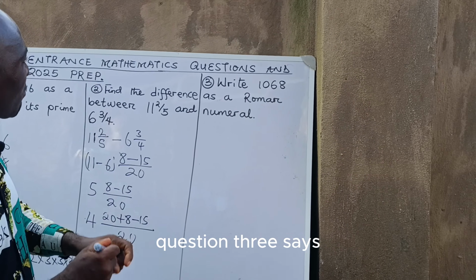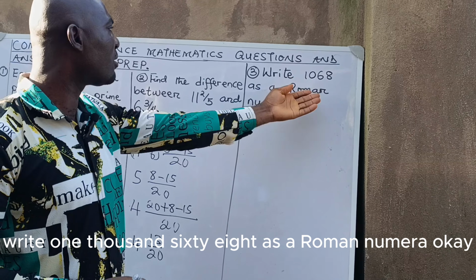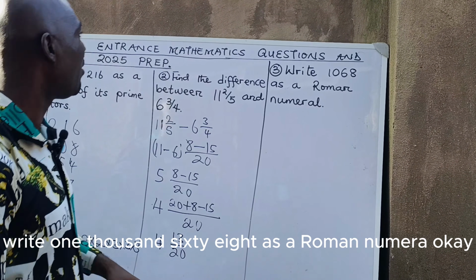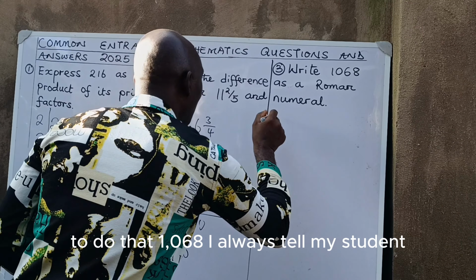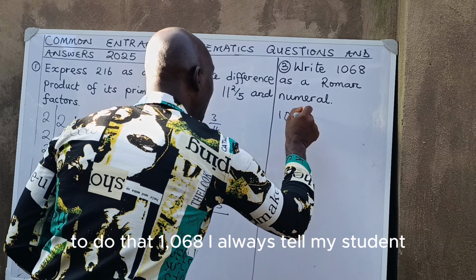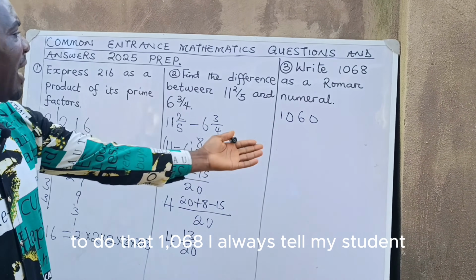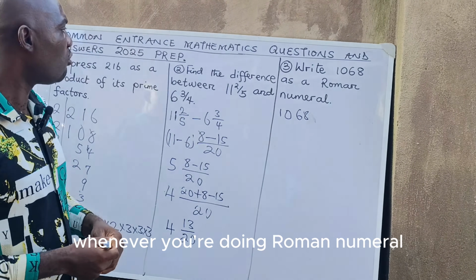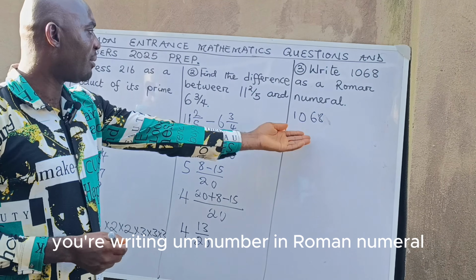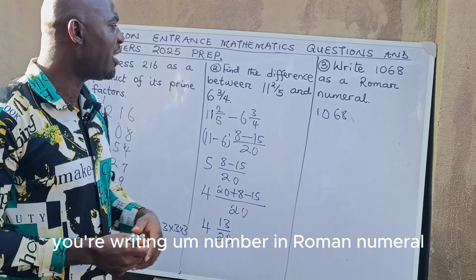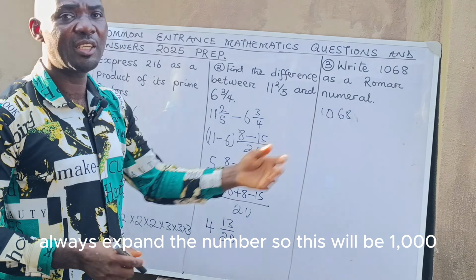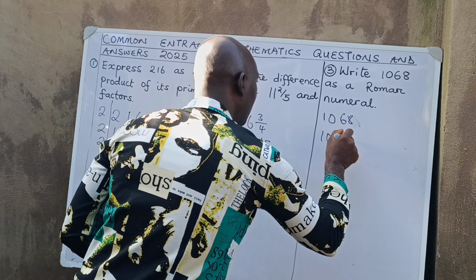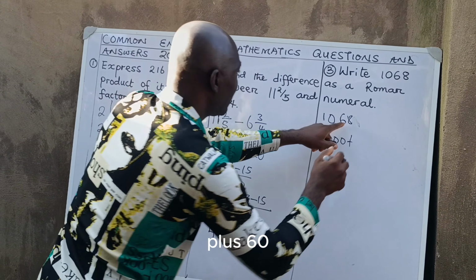Question 3 says, write 1068 as a Roman numeral. Okay? To do that, I always tell my students, whenever you are writing a number in Roman numeral, always expand the number. So this will be 1000 plus 60